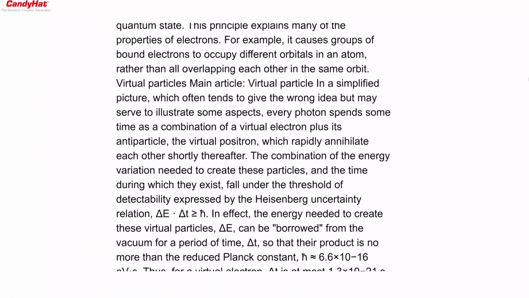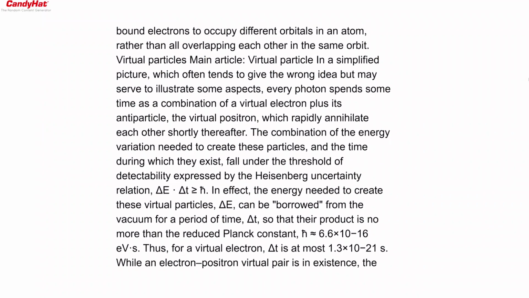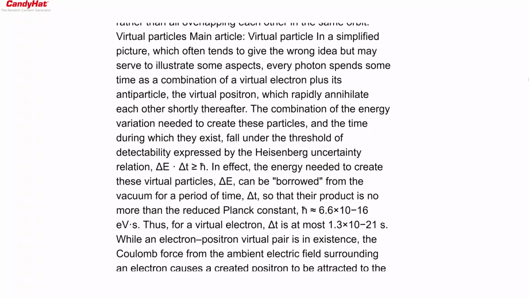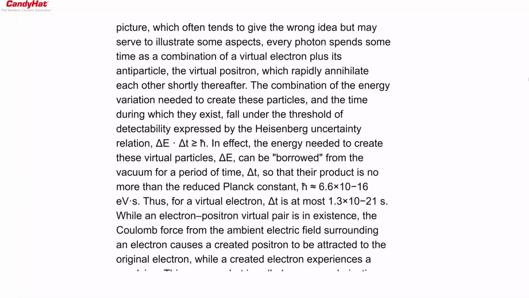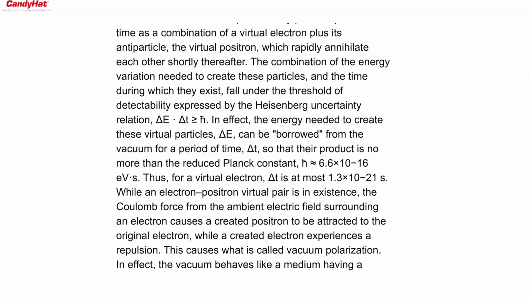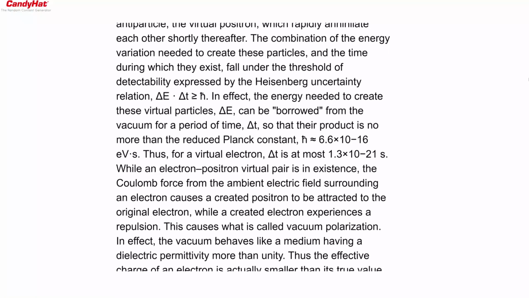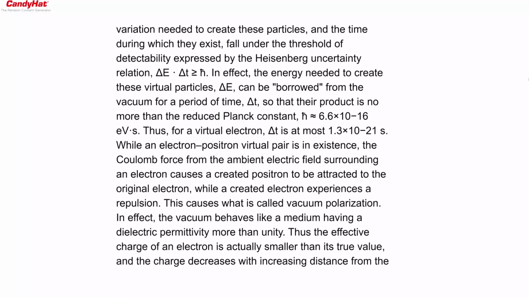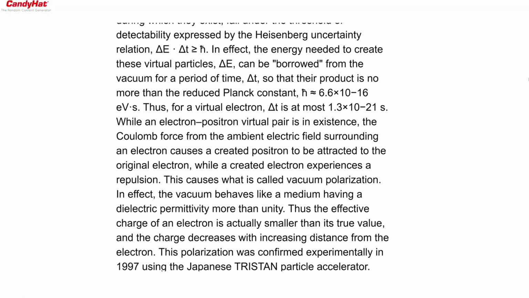Virtual particles. Main article, virtual particle. In a simplified picture, which often tends to give the wrong idea but may serve to illustrate some aspects, every photon spends some time as a combination of a virtual electron plus its antiparticle, the virtual positron, which rapidly annihilate each other shortly thereafter. The combination of the energy variation needed to create these particles, and the time during which they exist, fall under the threshold of detectability expressed by the Heisenberg uncertainty relation, delta E times delta t greater than or equal to h-bar. In effect, the energy needed to create these virtual particles, delta E, can be borrowed from the vacuum for a period of time, delta t, so that their product is no more than the reduced Planck constant,